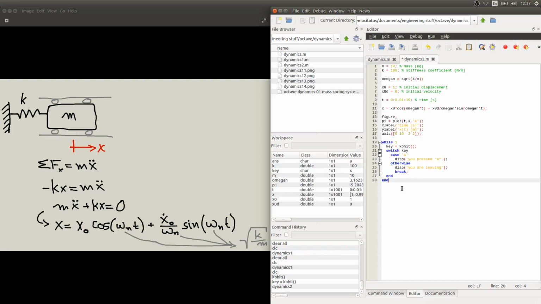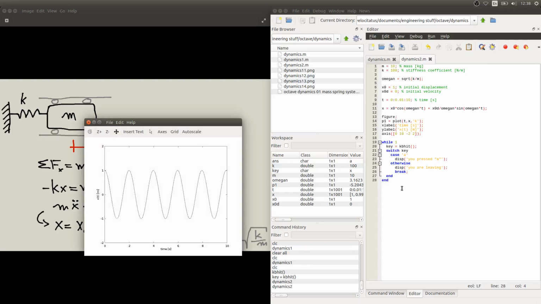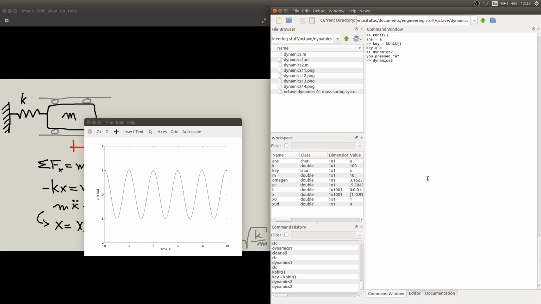So I'll go on and run this script. It calculated our responses and plotted the figure, and now we need to go to the command window so we can press something and see what is going on. So remember, we have to